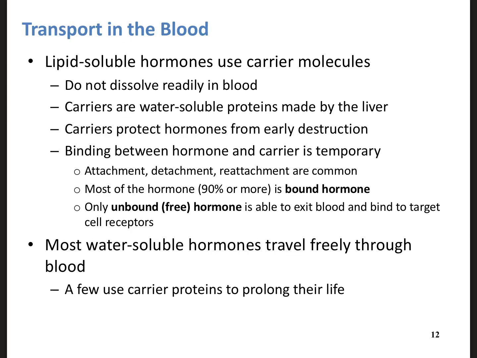So I mentioned that blood is a water or an aqueous solution. Your blood is made up of roughly 70 to 80% water, and maybe about 45% are cells, and then the rest is this watery substance. So for hormones to travel via the blood, it's easy for water-soluble hormones to travel via the blood. They're in a watery solution. They're soluble that way.